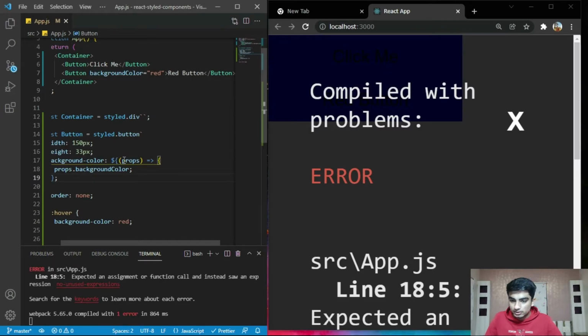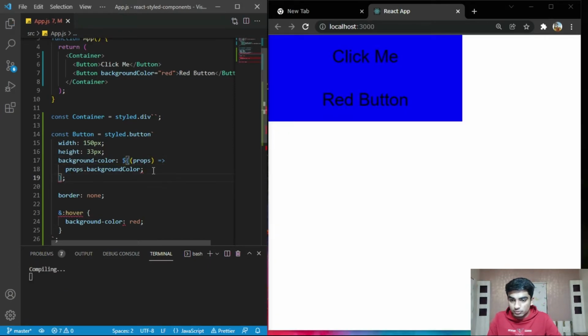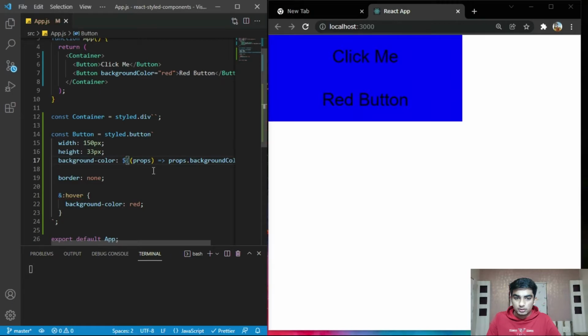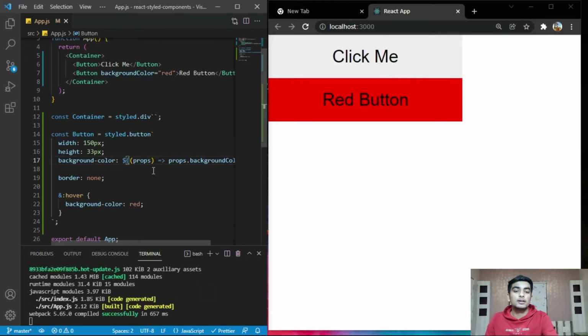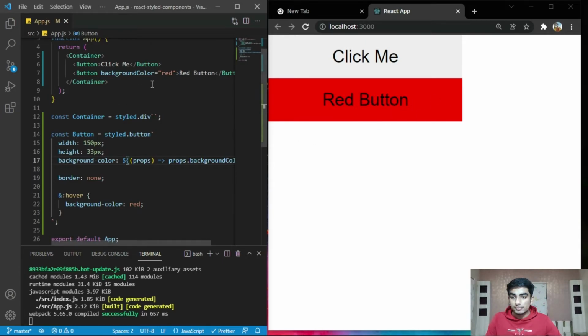Oh no, what's the problem? Okay, remove these curly braces and save it, and remove these colors, and you can see the color is applied to that red button as red. Similarly, I provide a click me button here with background color blue, and save it.